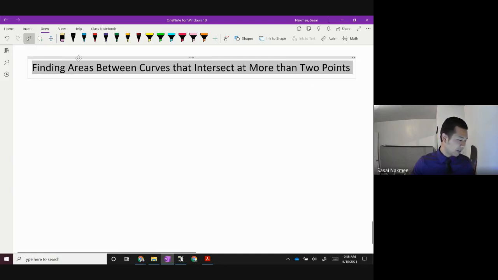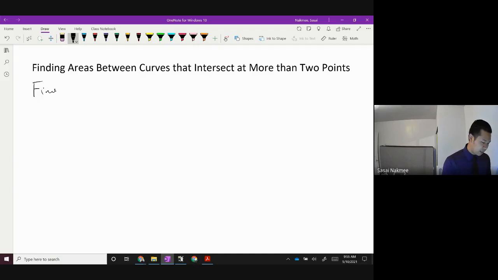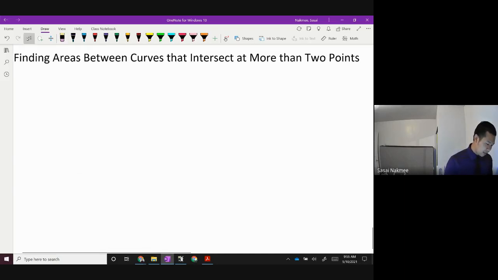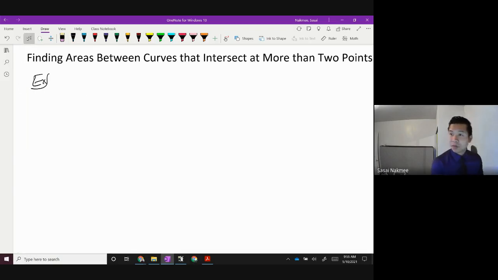There we go. Okay, so today I wanted to talk about what happens when your two curves intersect at more than 2 points on the interval that you're trying to calculate the area between two curves, right? So let's say I was asked here to find. Let's do one real quick. Let's have this as an example right here, and we're looking to find